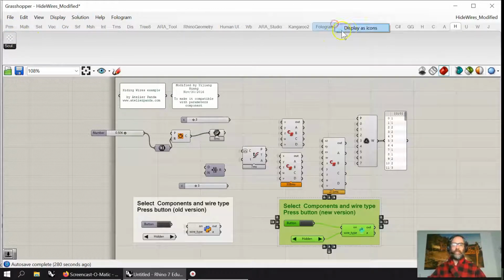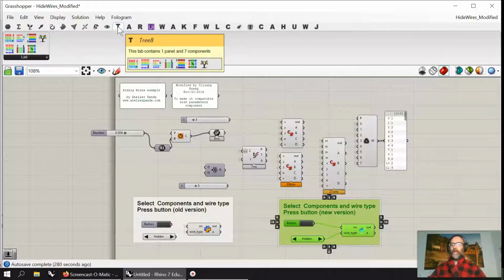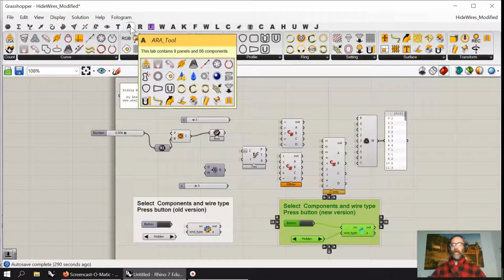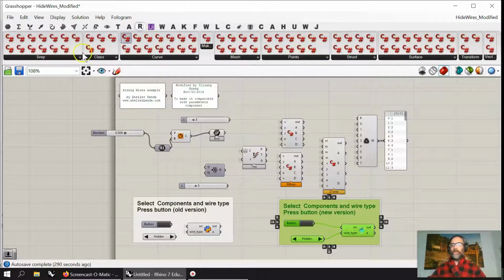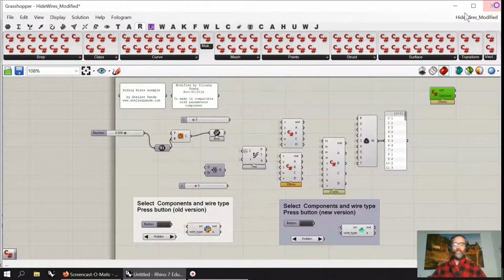These are all your main sets, and you should know your display icons. But once you get past display, I do use the Tree 8 quite a bit to handle data trees, which is a great plugin. ARA Jewelers has helped me out a lot. Now, I wrote a ton of C scripts that are all accessible, and you can go in here and see exactly how the script is written. And that's really something that I haven't tucked in or compiled or hidden